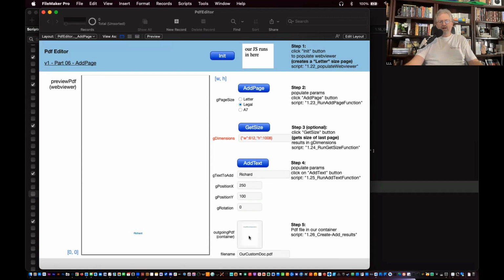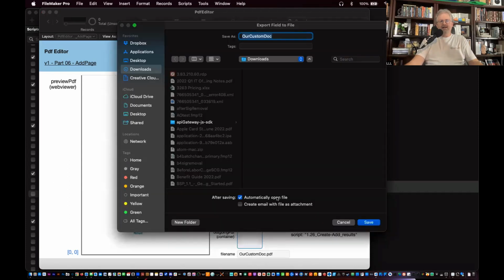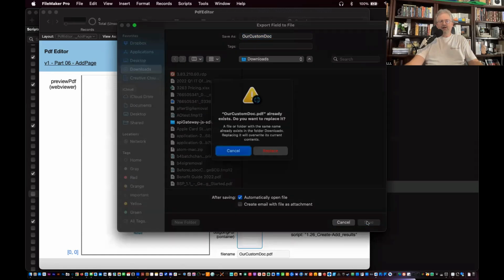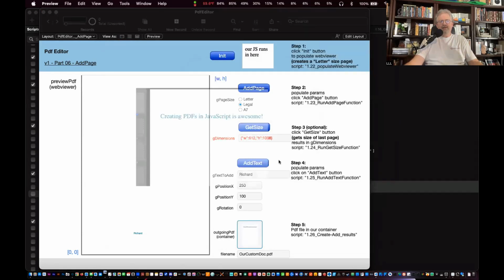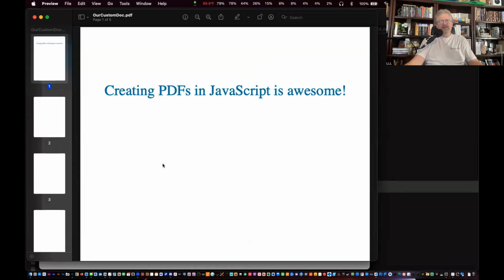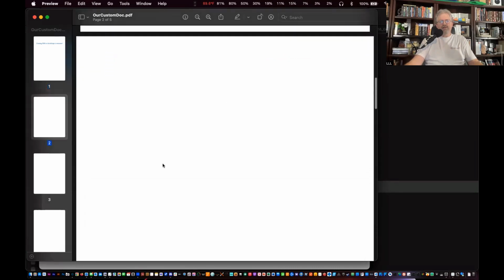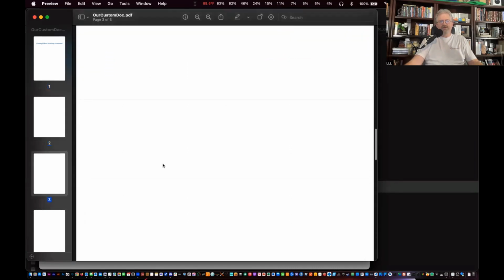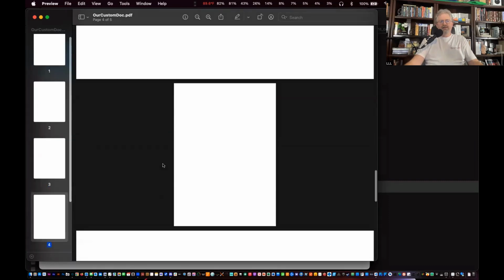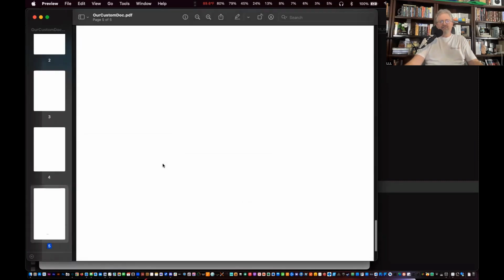So with that, we also have a container here now of the outgoing PDF. If I right click on that, hit export field contents and save this to disk, and my downloads folder automatically open, that'll save. I'll replace the existing one. We'll open this in our preview app and you can see exactly what we're expecting. There's page 1, there's 2, there's 3, there's a tiny 4, there's a large long 5 with Richard down there